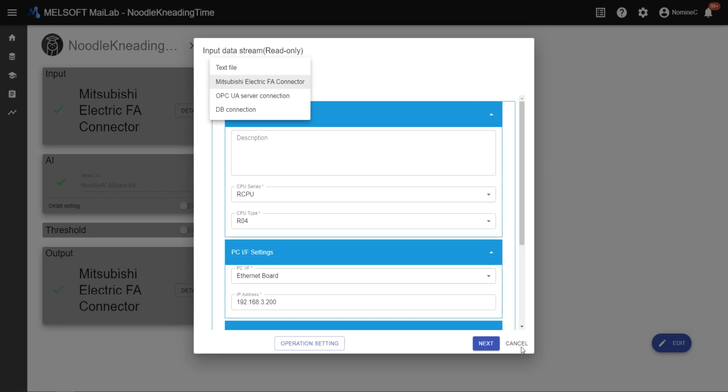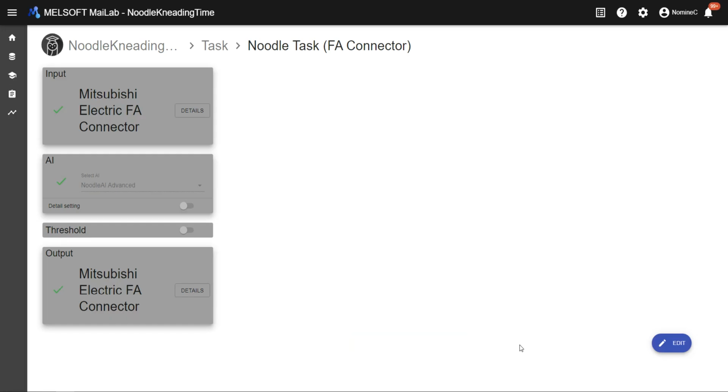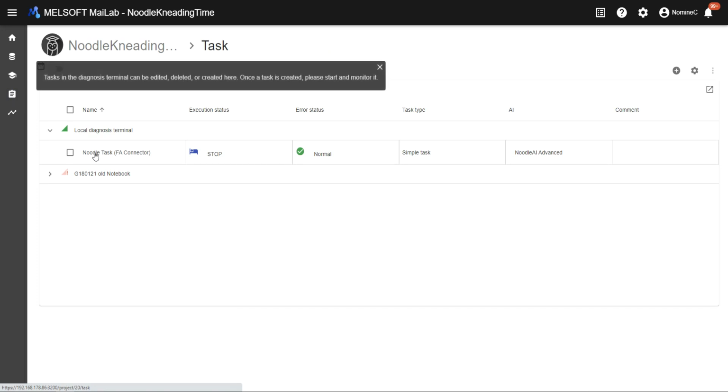So we are defining our physical channel for the live data. We are then feeding this live data into our AI, and we will calculate an output with a prediction of that model, and in that case, the predicted noodle kneading time. So again, when we run this,